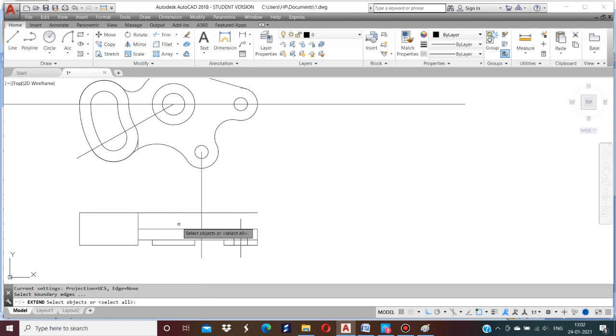And extend this line. Now trim this line. Now erase this.